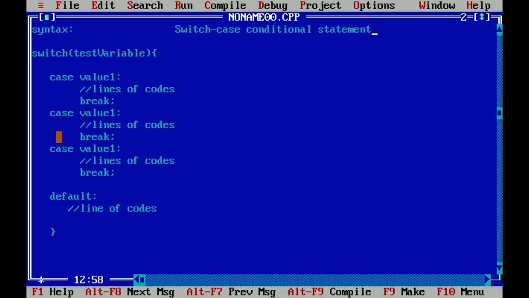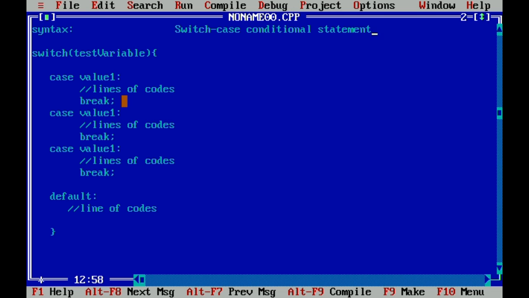Inside the braces are your cases. When you write your case statement, you will have your case, space, and then a possible value of your test variable, followed by a colon. Afterwards, you may write the lines of code that will be executed whenever the test variable is equal to this value or to this case.